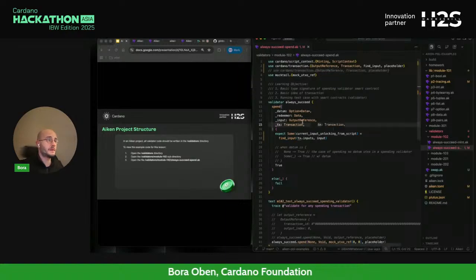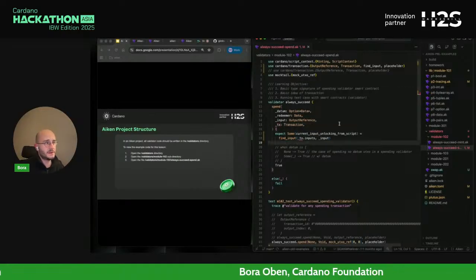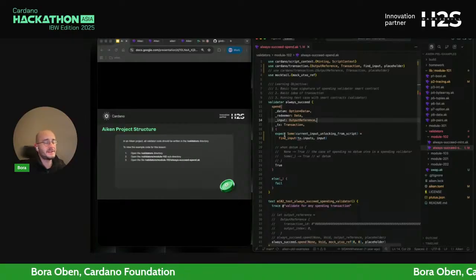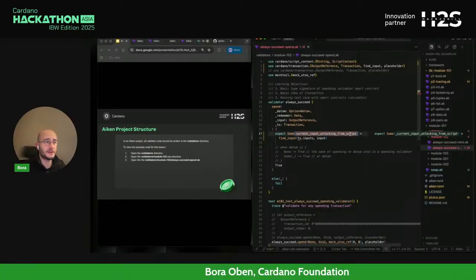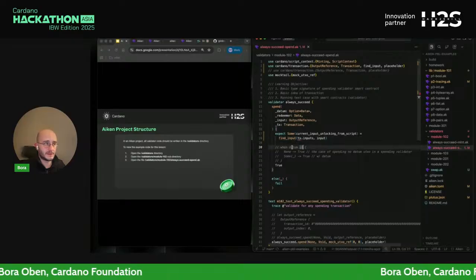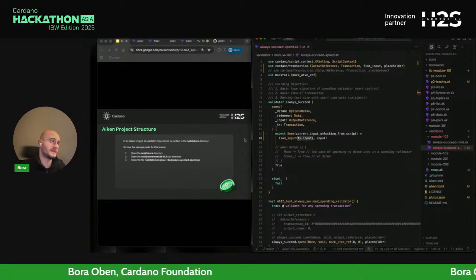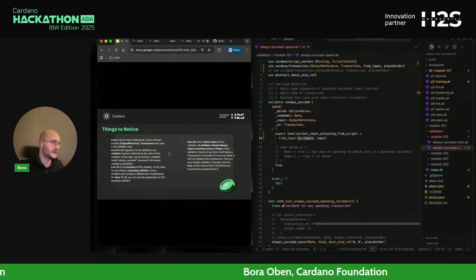Right, this should be fine now. So in this line here, we see that, okay, I'll come to the errors and why there is a warning here actually. It is saying we expect that there will be an input that we are unlocking from this smart contract's address. And the way you are doing it as logic is you are finding a specific input from a list of inputs that are present in a transaction. We'll come to that in a second.